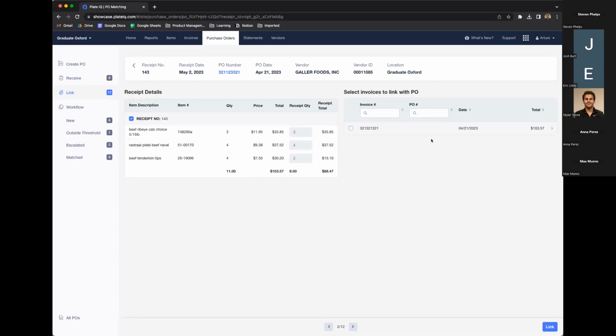And then right over here on the right would be invoices that came into Plate IQ. Now we give the ability to choose actual invoices that come into Plate IQ based upon the vendor and the date range. So that's how we can accurately match an option to select an invoice and link it to a receipt. For this instance, we have the purchase order date and the invoice date that came in. We capture the actual vendor. So we would then go ahead and link this and click link,